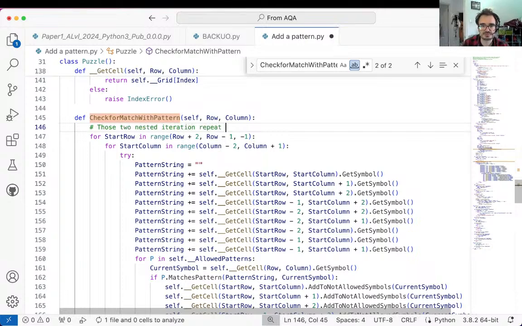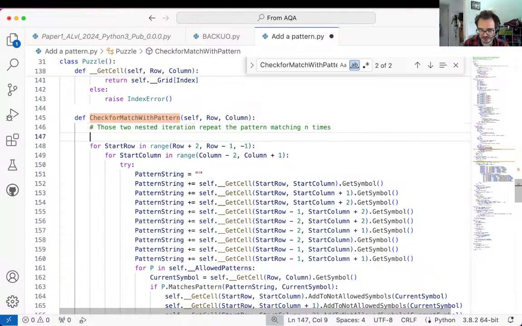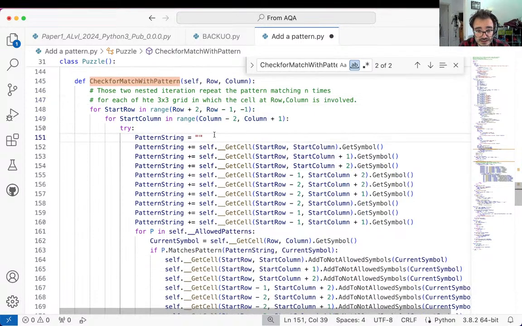This initialization repeats the pattern matching n times for all 3x3 grids, n times for each of the 3x3 grids in which the cell at row, comma, column is involved. And then in here,